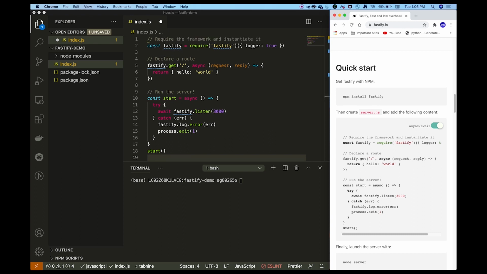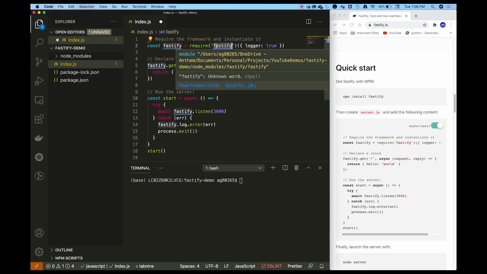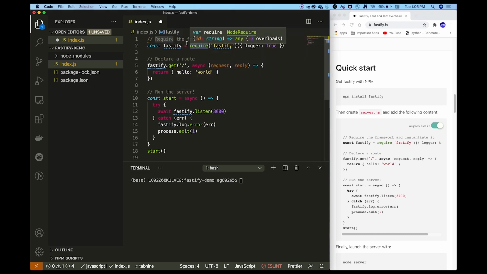In this boilerplate, we first import Fastify from the fastify package using the require method of Node.js, and then we enable logger equal to true. With this, it will log all the errors, warnings and important information while our server is running.